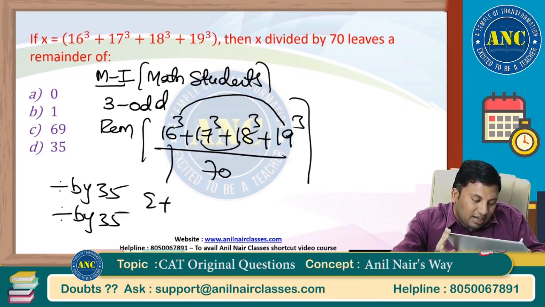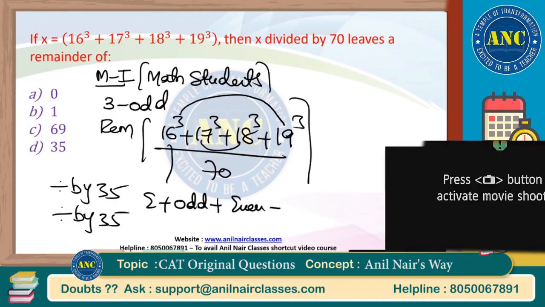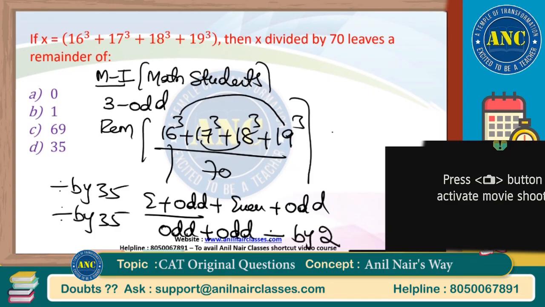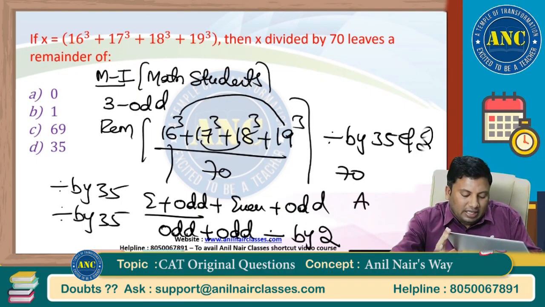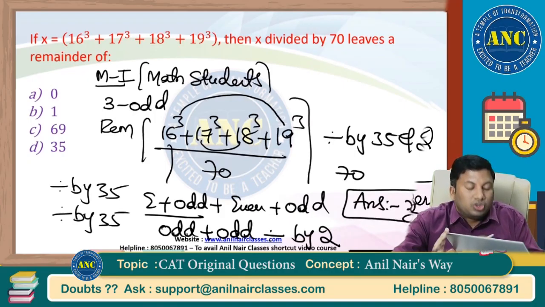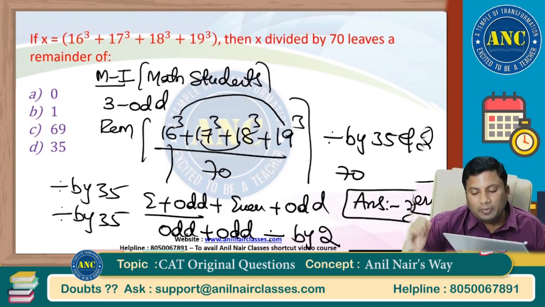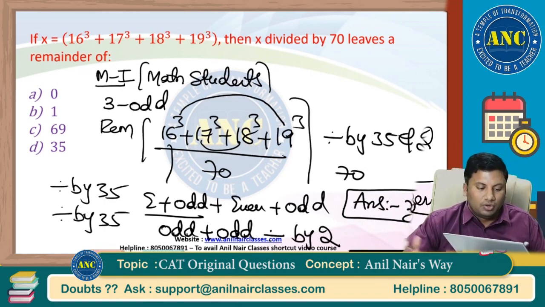16 is an even number, 17 is an odd number, 18 is an even number, 19 is an odd number. Even plus odd is odd, even plus odd is odd. That means the number is divisible by 2. The number is divisible by 35 and 2, that means it is divisible by 70. Answer is 0. Students who know this logic, mathematical students, can solve by using this way, and